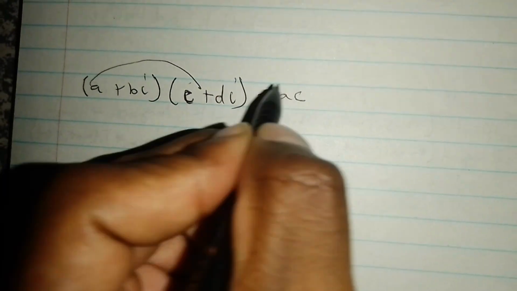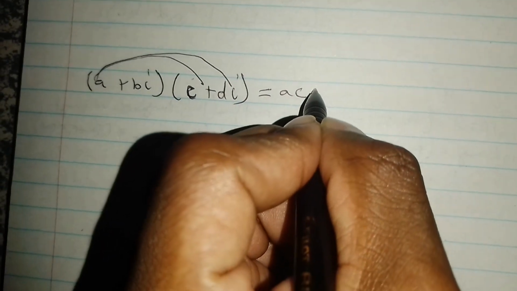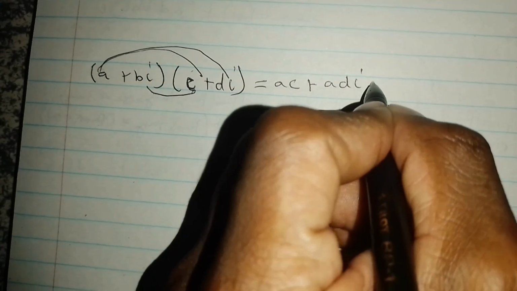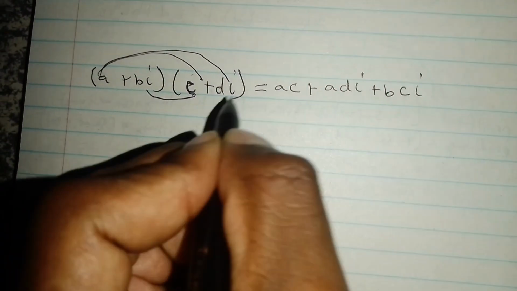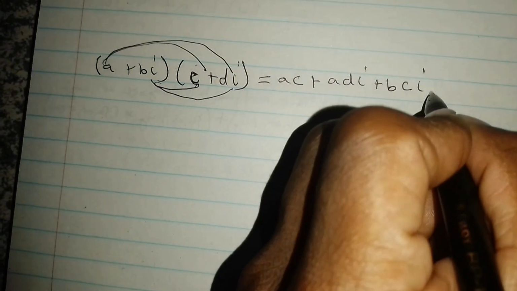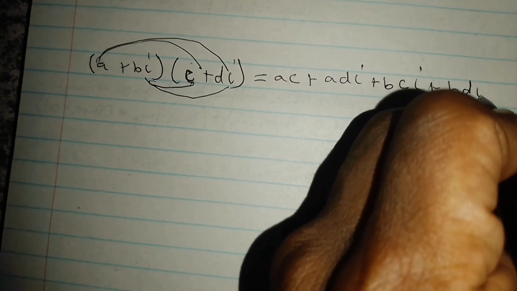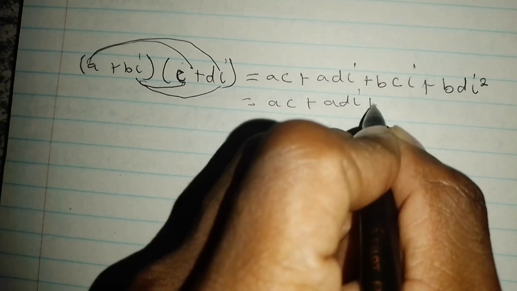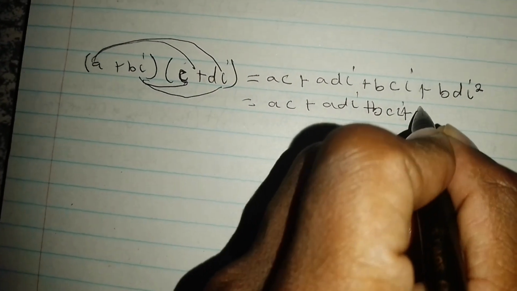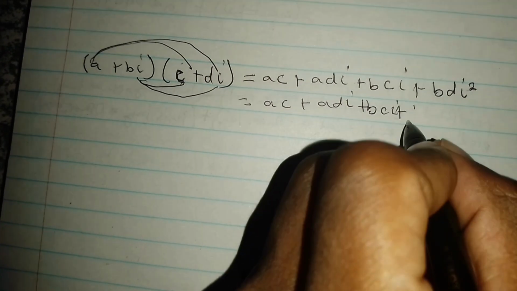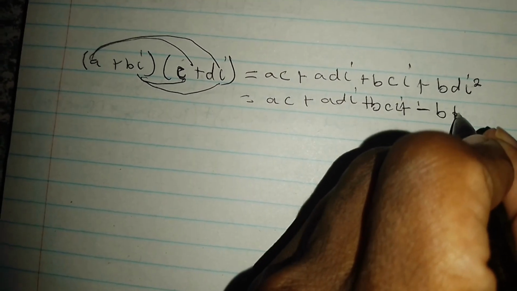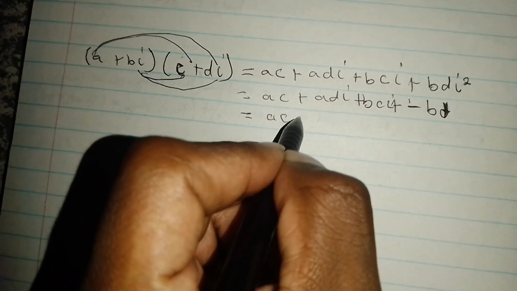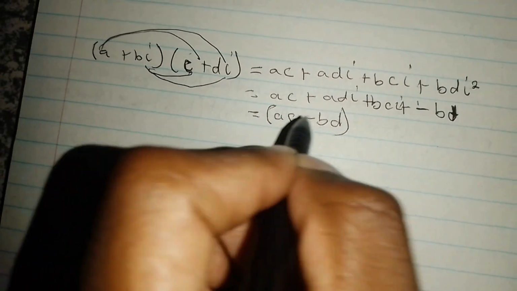That will be ac, then adi, then the inner part bci, and the last two terms plus bdi squared. That is ac plus adi plus bci plus bd i squared, and remember i squared becomes -1, so that will be minus bd. Then grouping like terms, that will be ac minus bd,